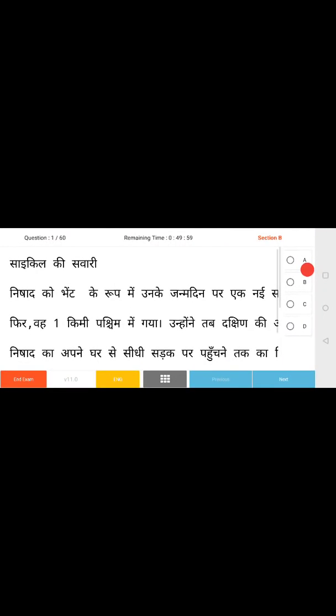Now I am in section B, which you can see on the top right corner of your screen.